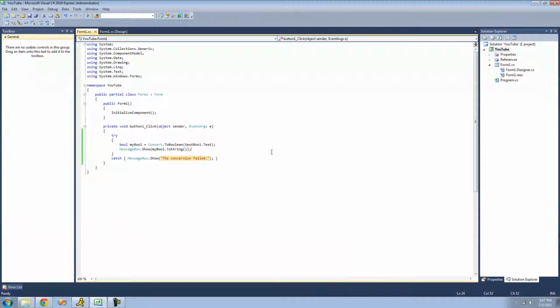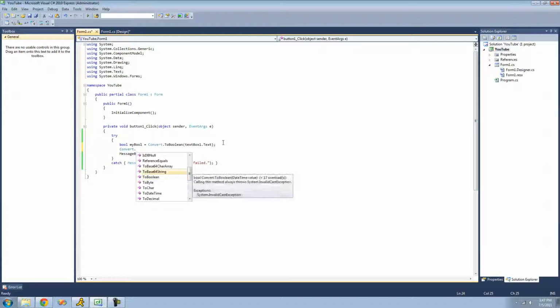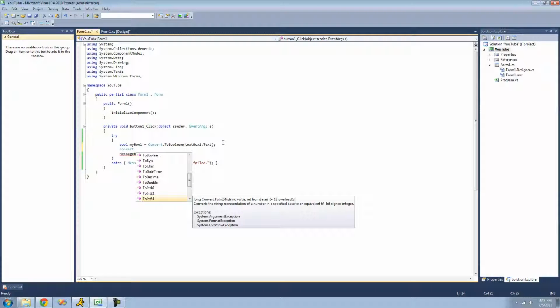That's pretty much it for this tutorial on the convert class. I didn't go over every single method inside of it because it's pretty self-explanatory. You just do convert dot and then whatever you want to convert it to. If you wanted to convert it to an int64, then you just set it equal to